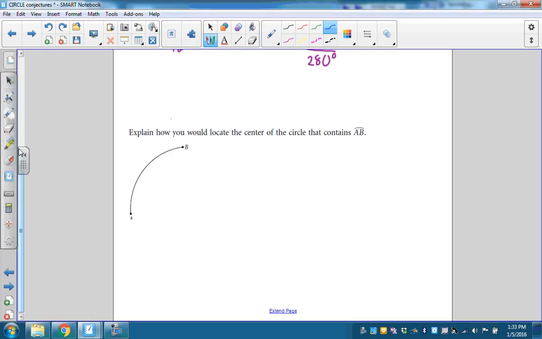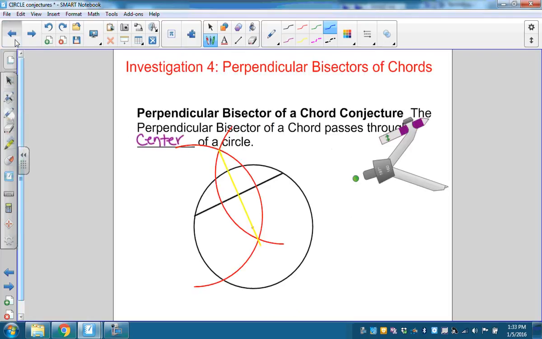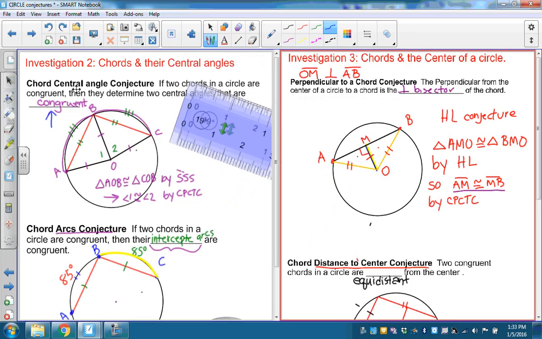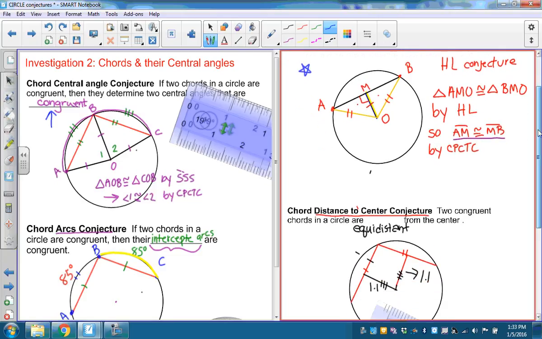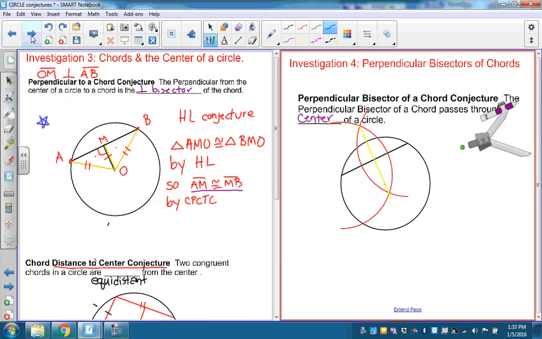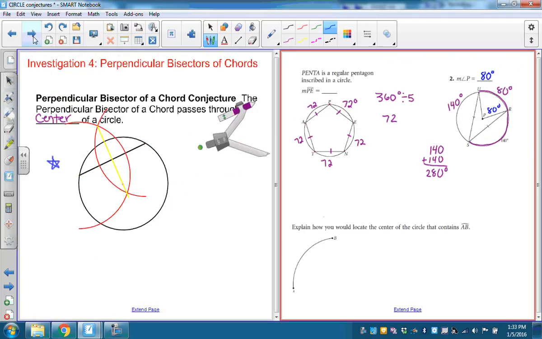So if you think about this problem and look back at one of these pictures, right here, for example, we know that the perpendicular bisector of any chord passes through the center of the circle. So if you look at this one, it's the same thing. The perpendicular bisector of the chord passes through the center of the circle. So down here, you can just create